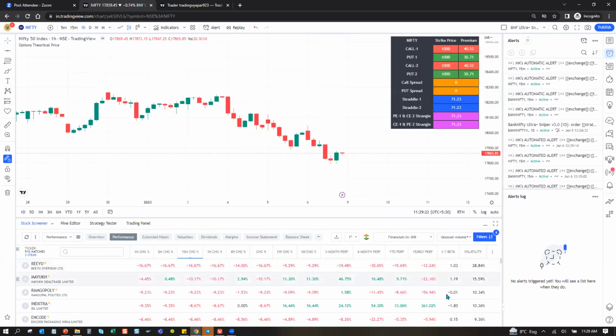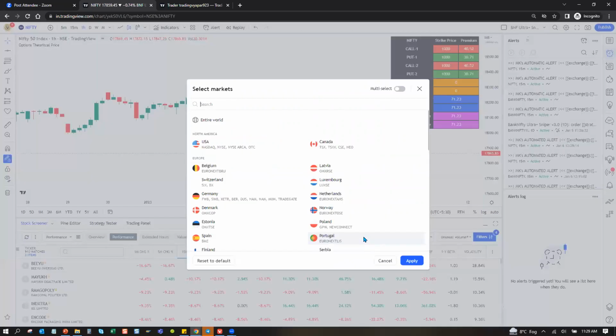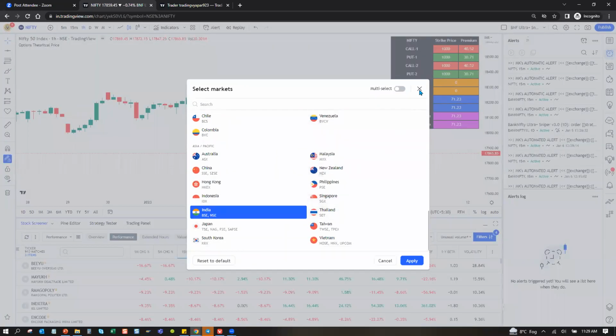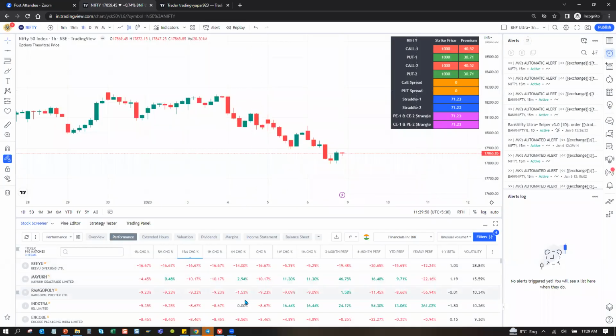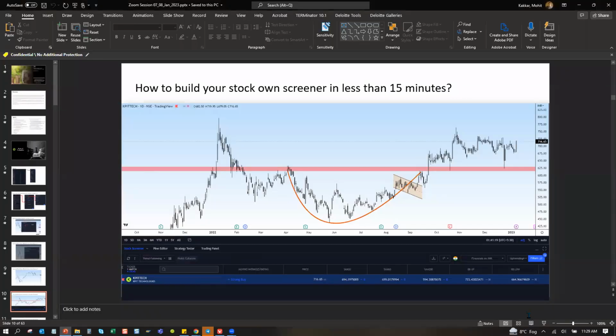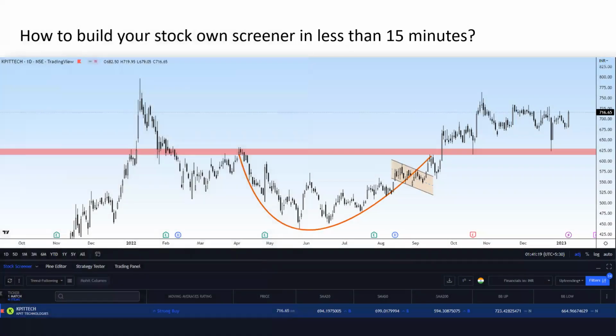So someone asked a question like, I want to see stocks which are at day high or day low, or only the stocks which are in 1 hour high, 1 hour low. So you can set up screeners for that, different screeners sorted and set up, and save them differently from here. And these are different time frames available as well. However, different countries' data you want to look at. So TradingView is a global platform. You can select multiple markets as well. So this was about stock screening.